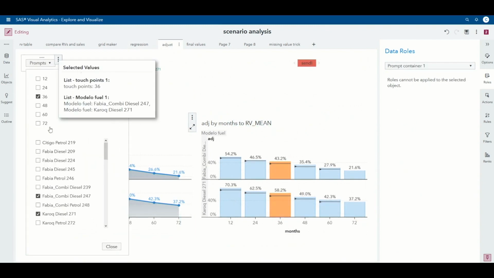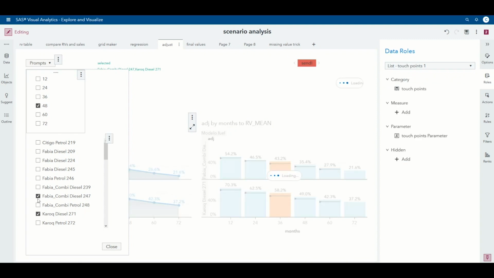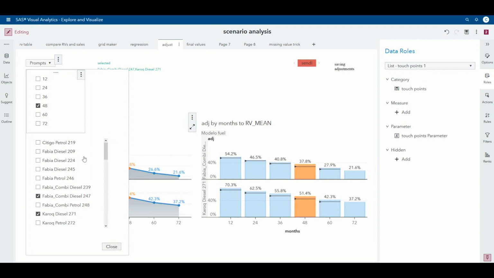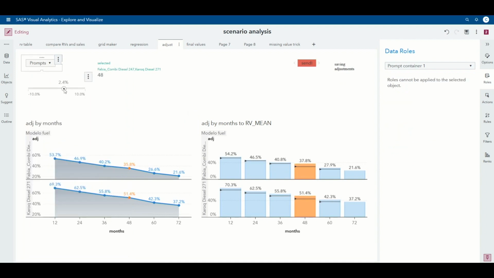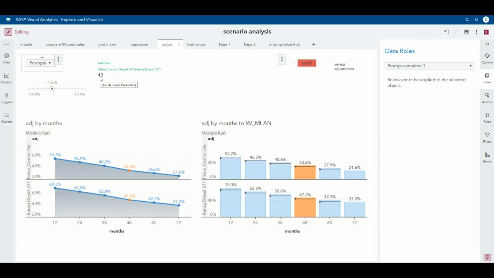Here we give the user some prompt. He can choose the different models and he can choose what he would like to do with a specific value. In this case, for these two models at 48 months, he wants to lower the final residual value by 2.6%.